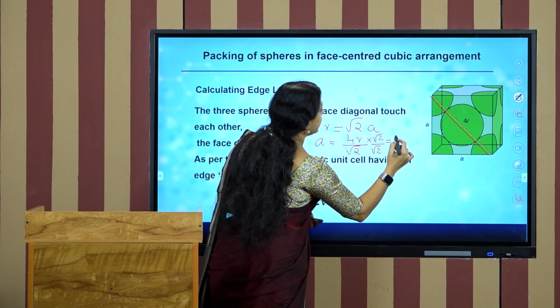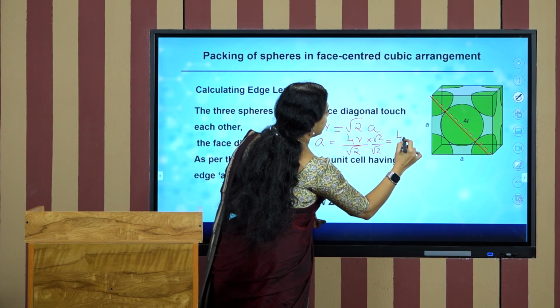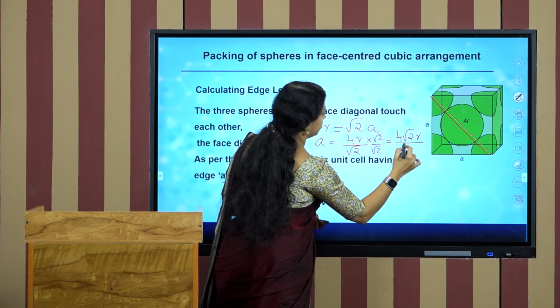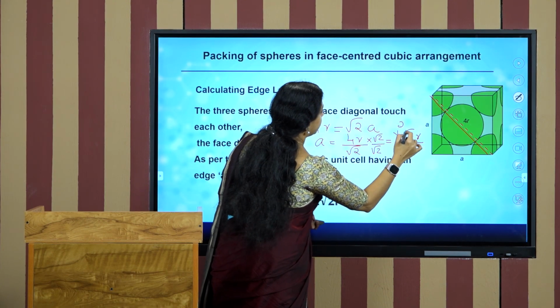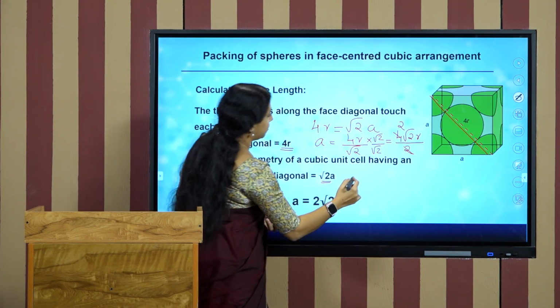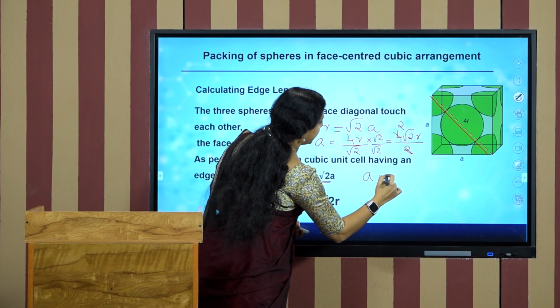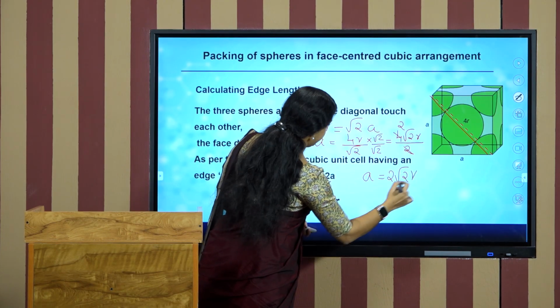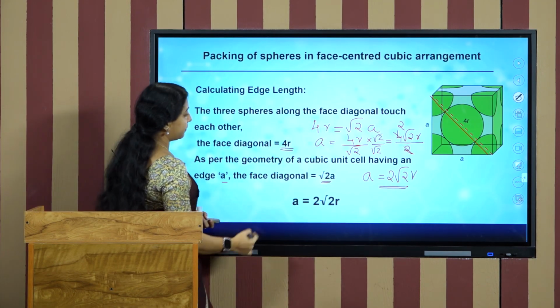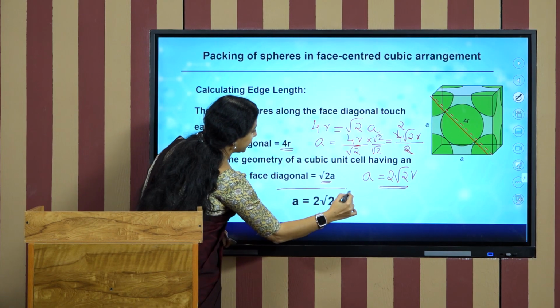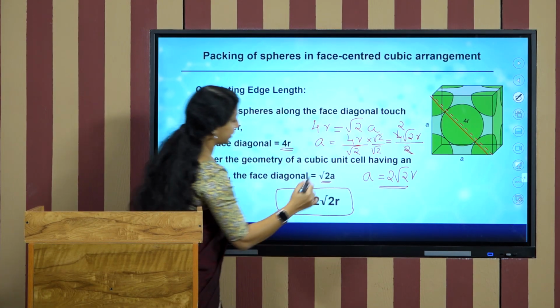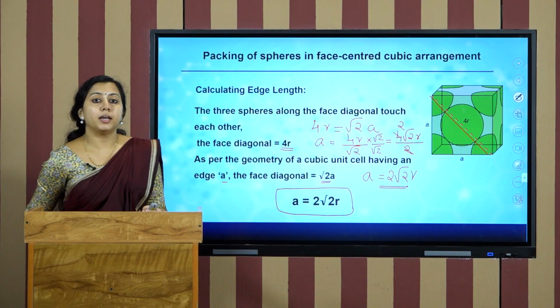So, this will be 4 root 2 r by 2. So, 4 by 2 is 2, that is a equals 2 root 2 r. So, that is given here. The edge length in a face centered arrangement or a cubic close packing will be a equals